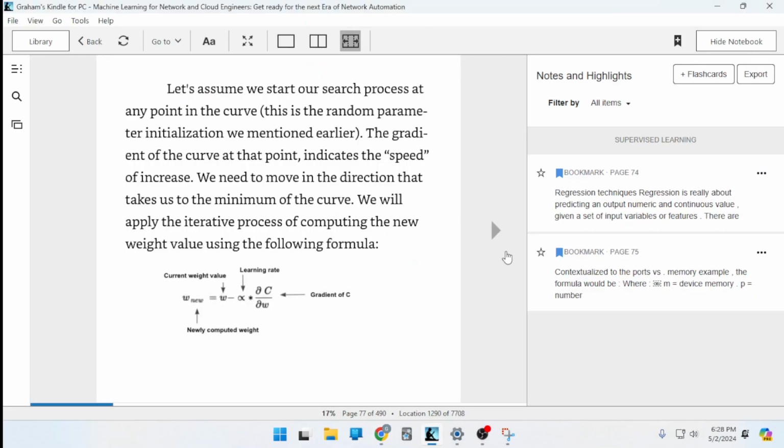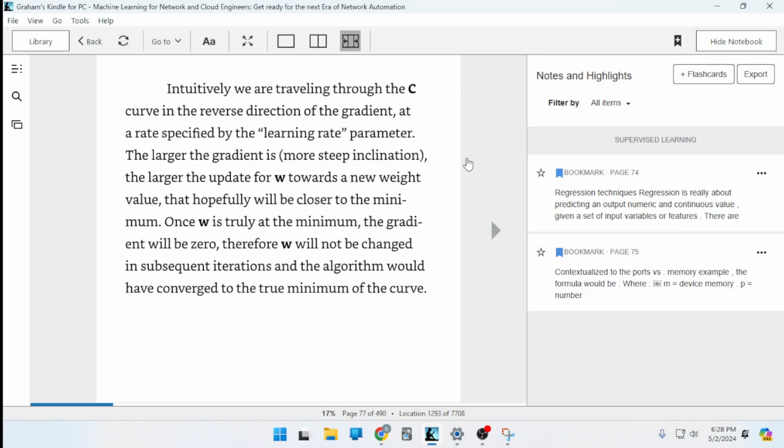All right. Intuitively, we are traveling through the C curve in the reverse direction of the gradient at a rate specified by the learning rate parameter. The larger the gradient is, the steeper the inclination, and the larger the update for W towards a new weight value that hopefully will be closer to the minimum. Once W is truly at the minimum, the gradient will be 0. Therefore, W will not be changed in subsequent iterations,